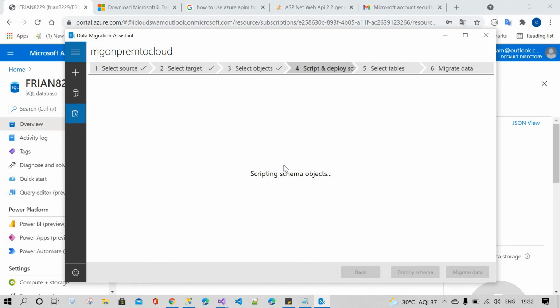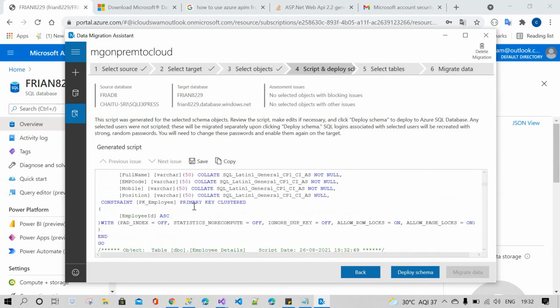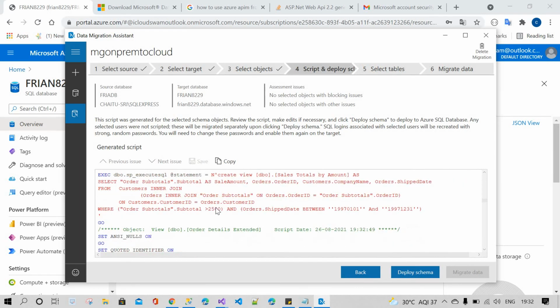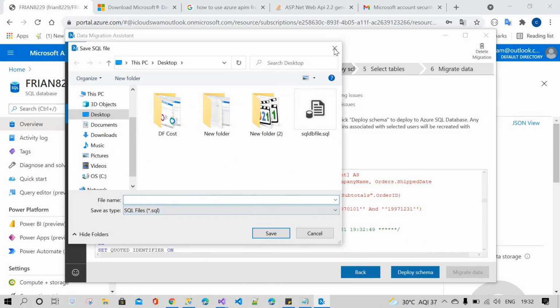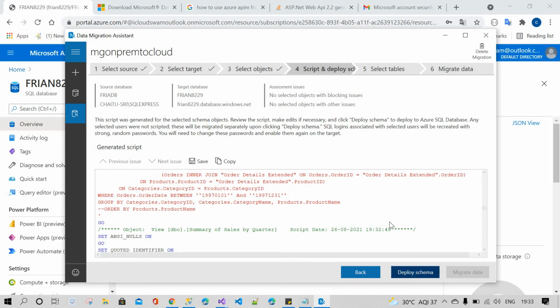When you're migrating from on-premises to SQL database, you can see it will migrate the data in this format. You can save it here for reference purposes. Click on deploy schema.